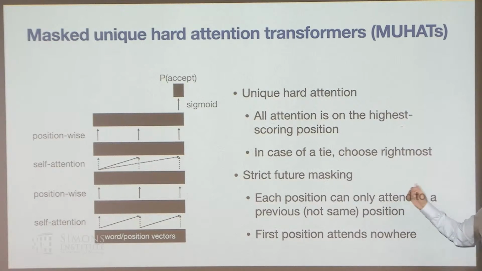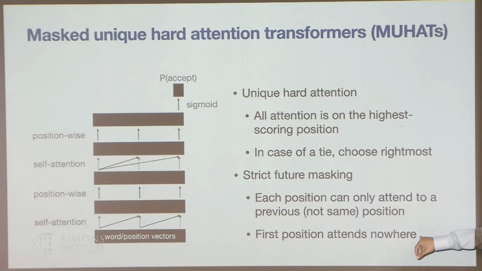And we're using future masking, also known as causal masking. Something slightly weird is that we're using strict future masking. So each position does not attend to itself. Each position attends only to the position strictly to the left. This is not how causal masking works in practice, but this is what we need in order to get our initial results to work out. I will come back to non-strict masking later on in the talk.